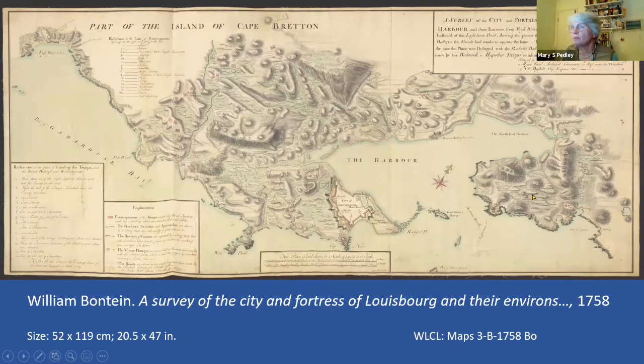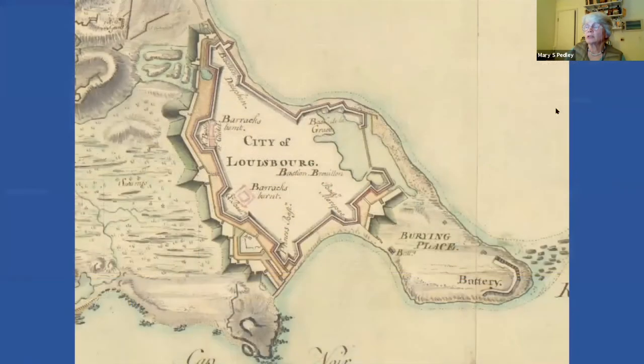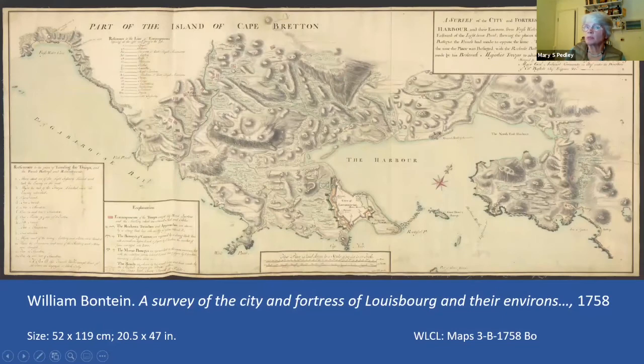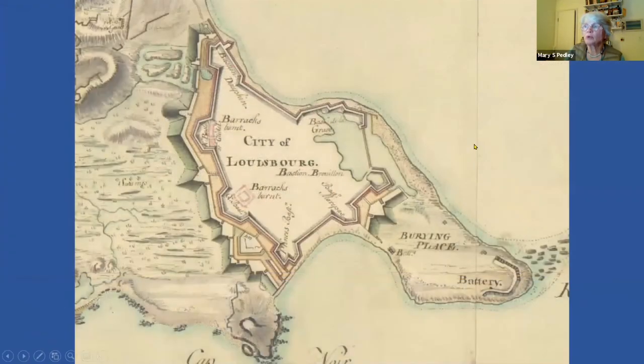detailed in their drawing. And William Bonteen is very careful in his title to let us know, we'll look at this title in just a minute, what the pecking order was of the authorities that were involved in making this map. He shows us the town of Louisbourg itself, which now really was very badly damaged in this British siege. You can see that the barracks that we've become familiar with are all burnt, and